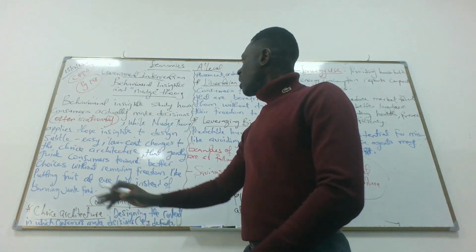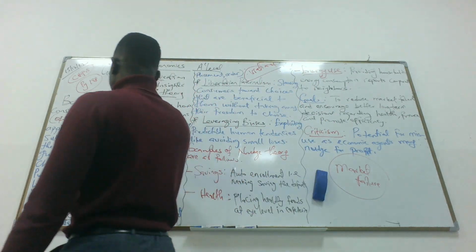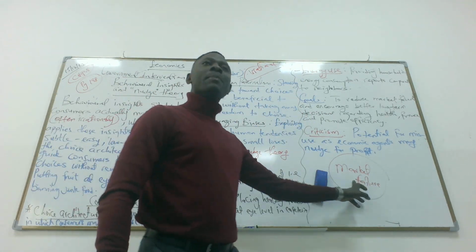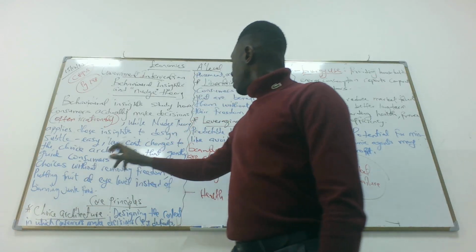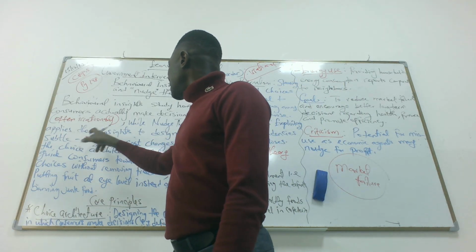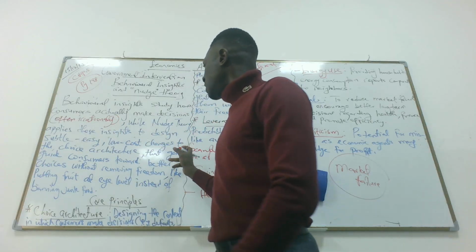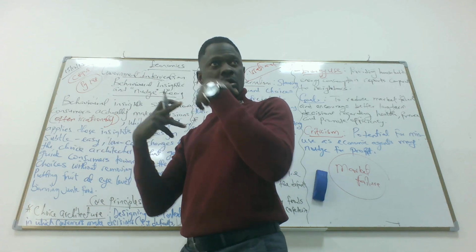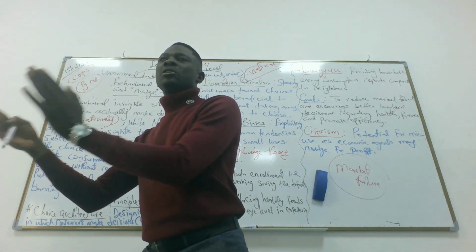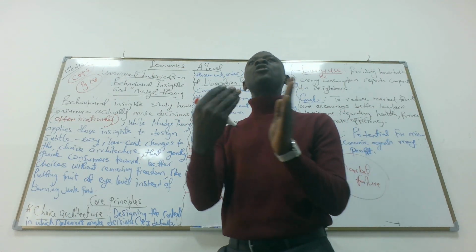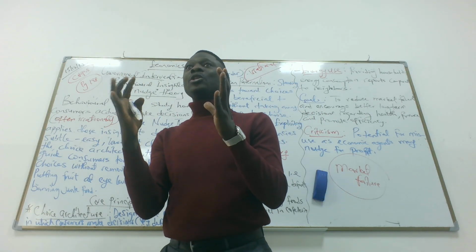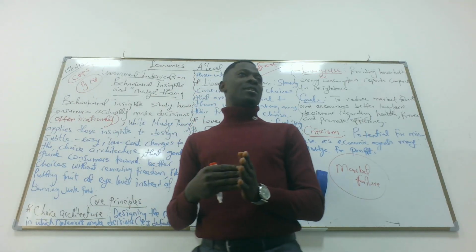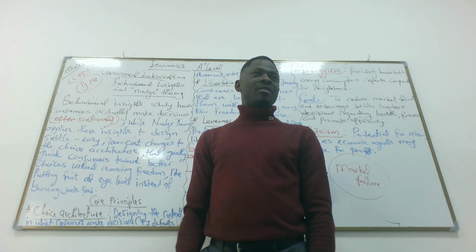So let's look at it. Behavioral insight studies how consumers actually make decisions, which is often what? Irrational. And because consumers make irrational decisions, it's market failure. So nudge theory applies these insights to design easy, low-cost changes to the choice architecture, to the choices we make, that gently guide consumers towards making the right decision in terms of the future. So we have nudge theory, which is a design to guide us on how to make choices that are beneficial to us without taking away our freedom.